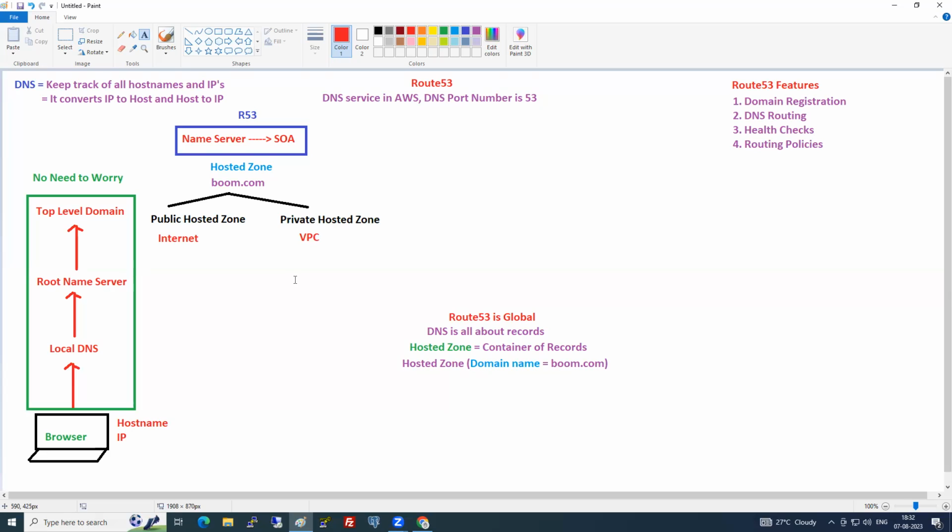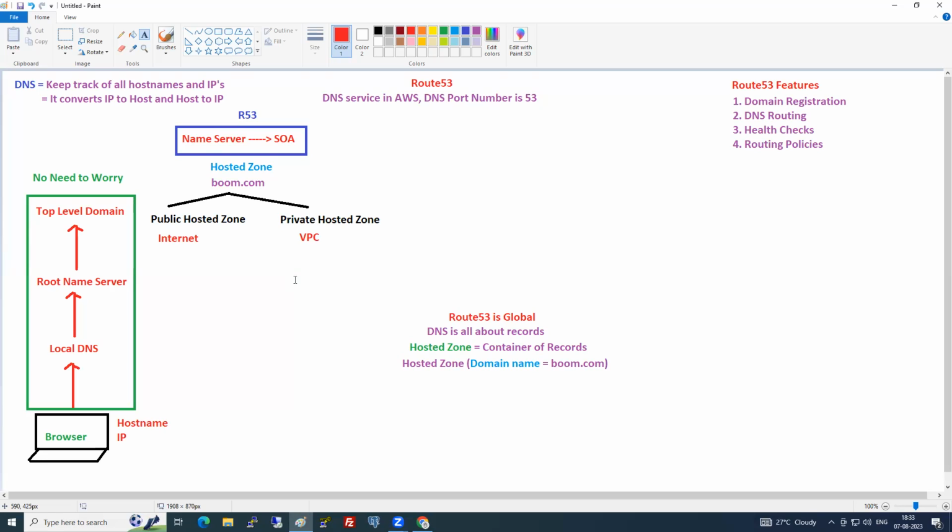Okay, now which hosted zone should we create? Public or private? Public we need, because it has to be accessed through the internet. You have your website, and the website has to be accessed through the internet. Otherwise, what is the use? In your companies, you have your own websites, company websites, your intranet, we call it an intranet. That will be accessed within the company. So if you want to access within the company or within the AWS, within the VPC, then go with the private one. So which one should we be creating here now? Public hosted zone.